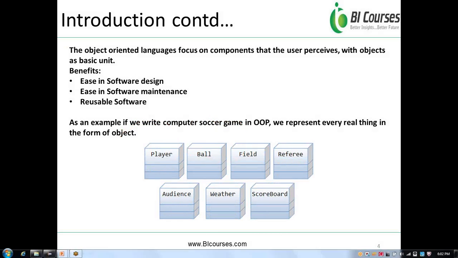Object-oriented language focuses on components that the user perceives, with the object as the basic unit. Benefits of this object-oriented language are in software design, in software maintenance, and reusable software. So we can design software easily, maintenance is also easy, and we can use these objects in other implementations. As an example, if we write a computer soccer game in object oriented programming, we represent every real